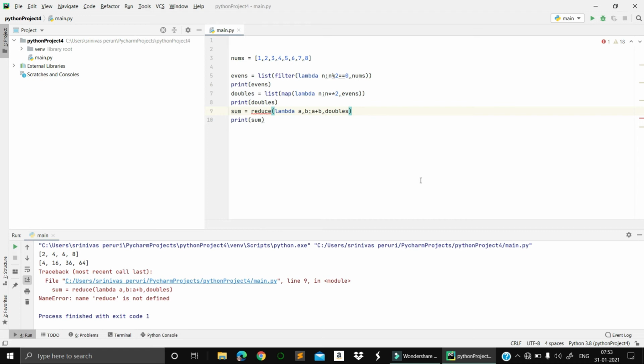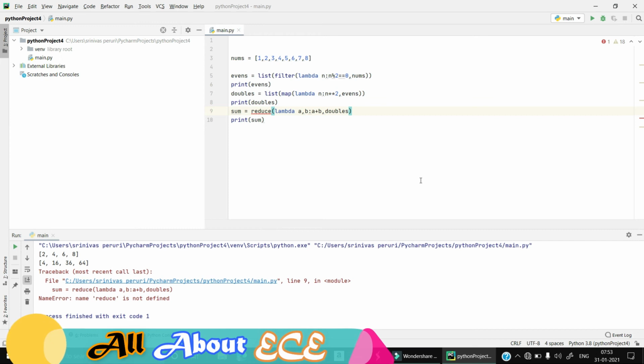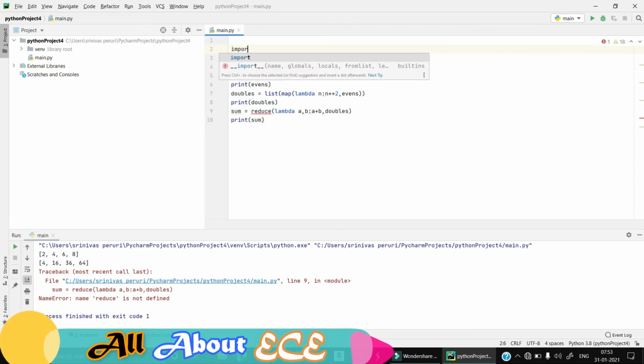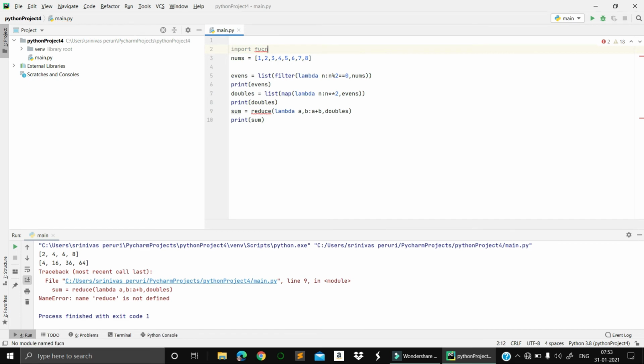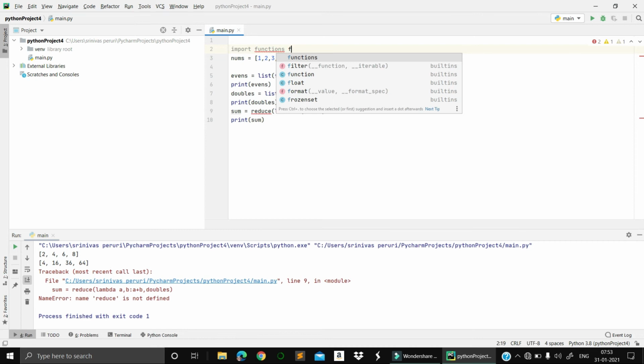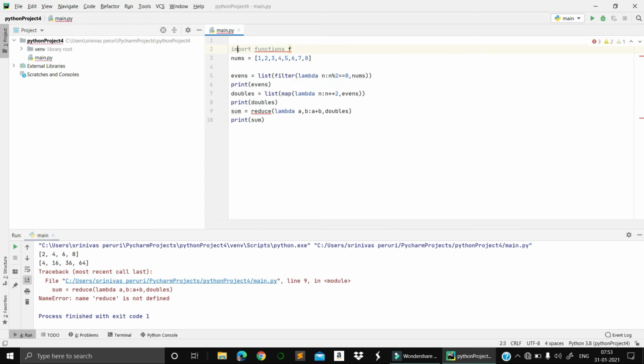Okay, sorry. We are getting the error: name reduce is not defined. This reduce function belongs to some library, so we need to import it. From functools, we need to import a function called reduce.